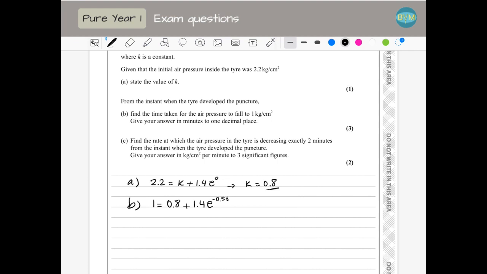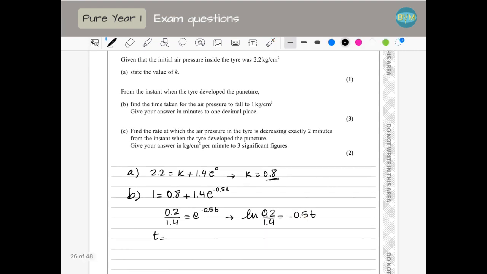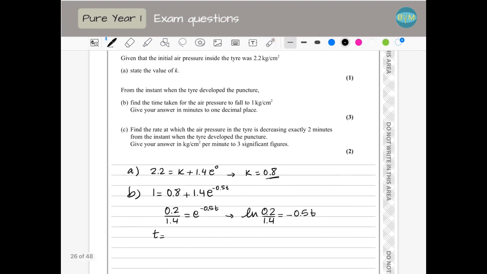And I need to find t from there. I can put the numbers all together. So I have 1 minus 0.8 is 0.2, divided by 1.4 is going to be e to the power of minus 0.5t. And taking ln, I have ln(0.2/1.4) is going to be minus 0.5t, which means that t is all this value here divided by minus 0.5. I just do that with the calculator and I get